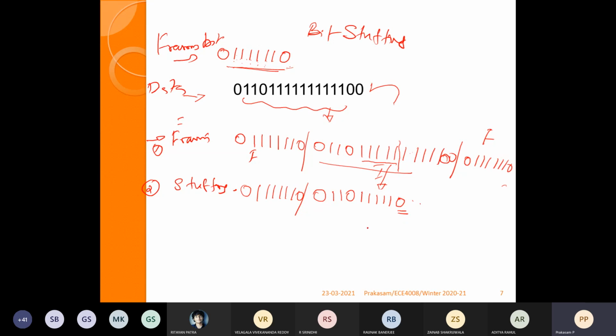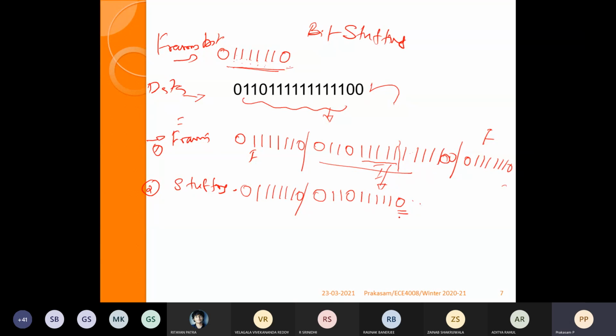This is the stuffing rule. After 5 consecutive ones, if 0 occurs, then that 0 is nothing but the stuffed bit. That is the rule for bit stuffing in this problem.